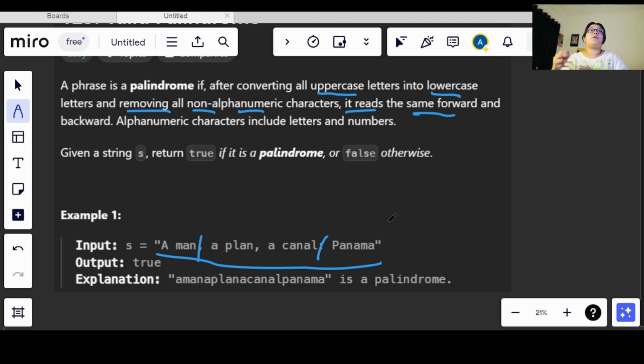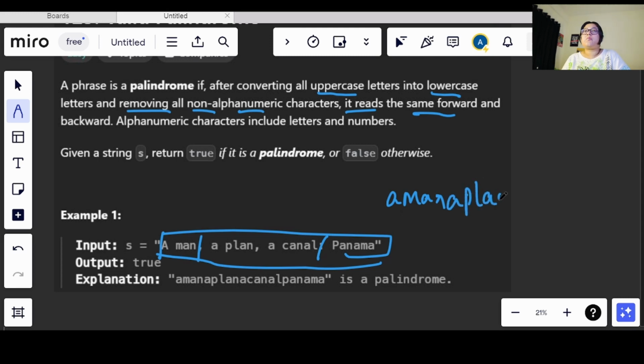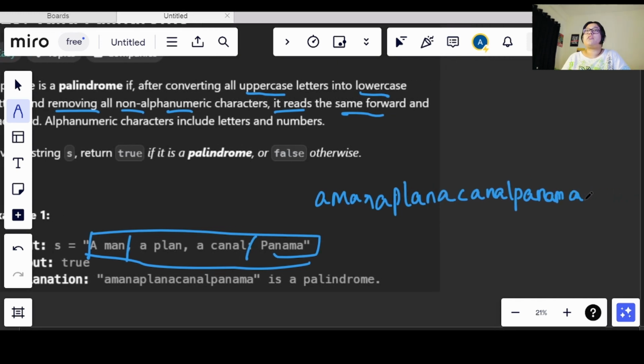In order to check a palindrome, the straight forward and the backward reading both should be equal, right? That is all we have been asked in this question. Now how do we check for this string? We need to remove this comma and semicolon, this colon, so it should read like this: a man, a plan. The spaces should also be removed, okay, and everything should be converted into small letters. So this string should read like this.